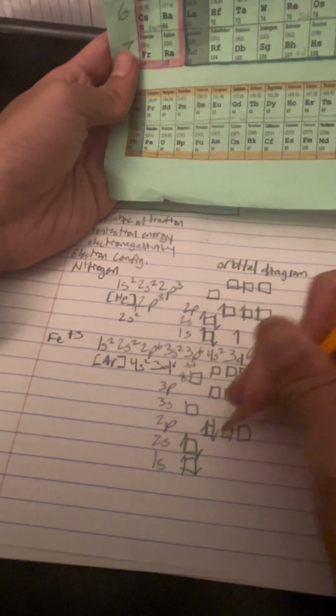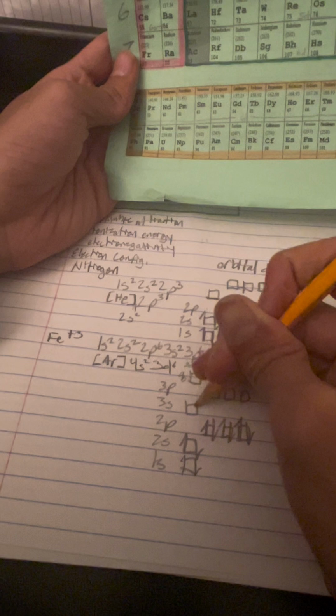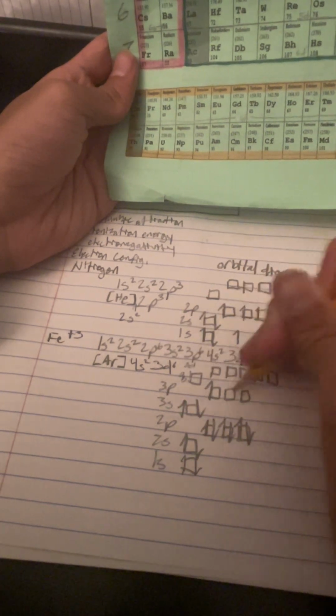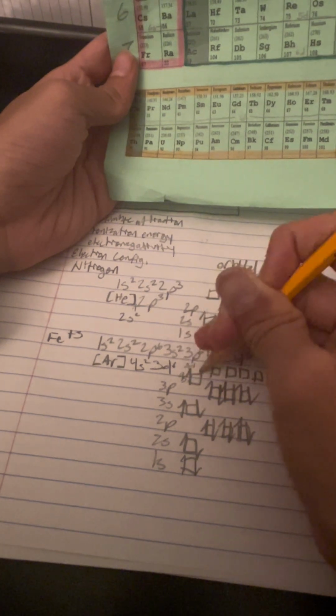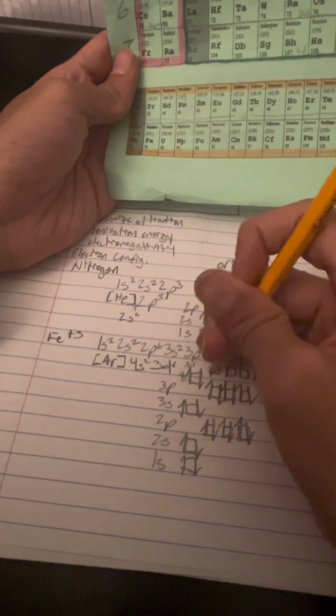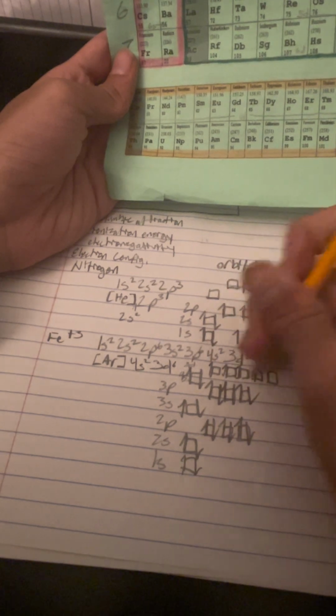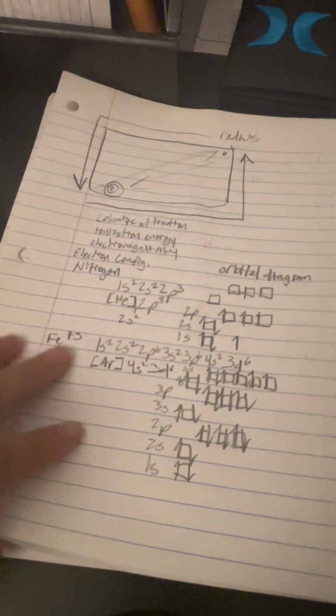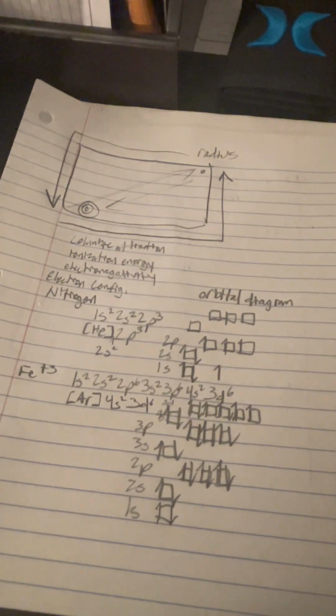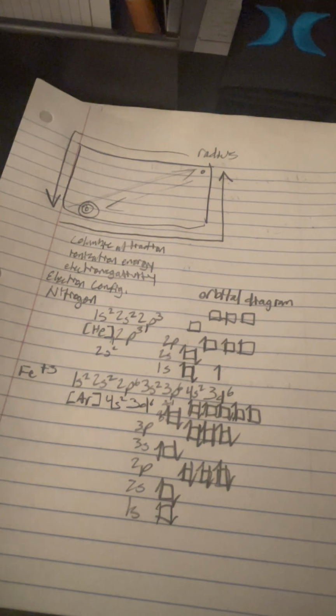Boom, boom, boom, boom. You can just fill this out because you don't need to worry about this yet until you get to this. So 1, 2, 3, 4, 5, because you put each one on one side. Then you can just go back to that first box, and yeah. Next step